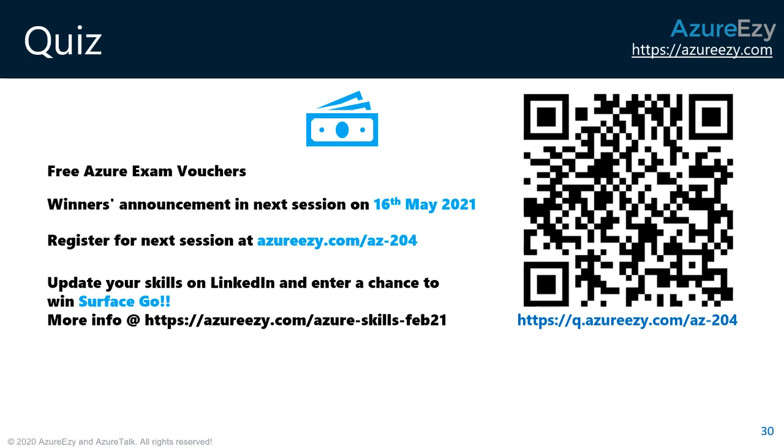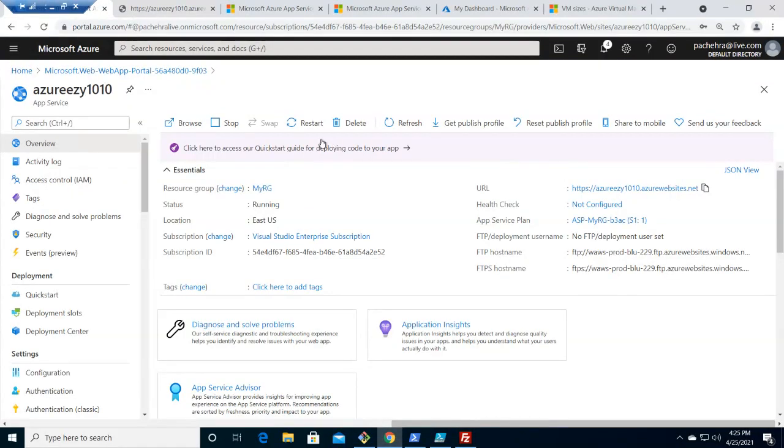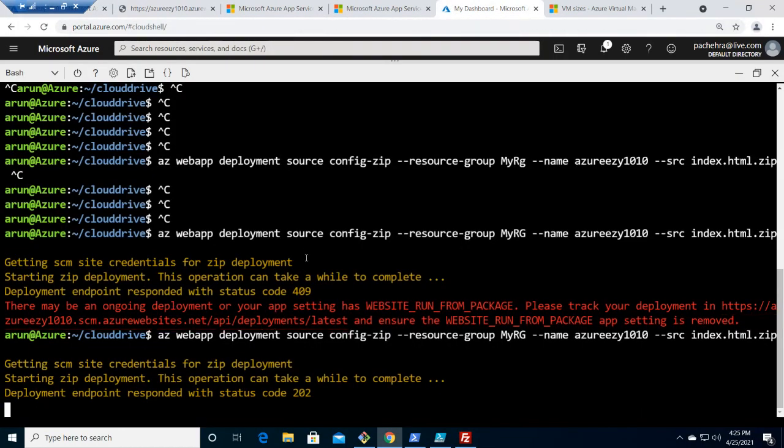All right, people, if you can see it, all the viewers, here we got stuck. If I go to my virtual machine where I was working, somehow this got stuck. So I did it again and it was giving me an error: there is an ongoing deployment. So I just waited for a minute and reapplied the command. The only trouble is the caps, I think, because this is bash. Bash is not like PowerShell.